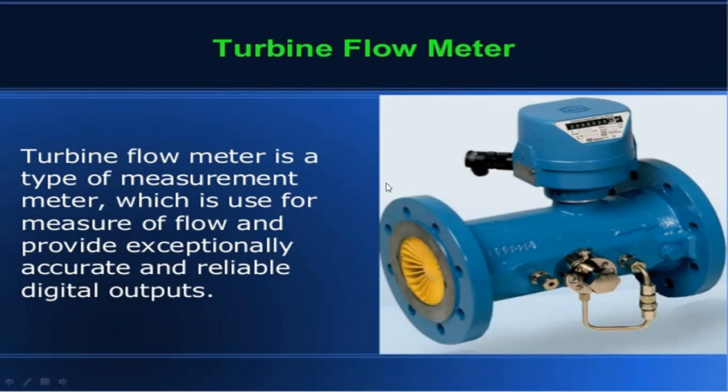So what is the main purpose of the turbine flow meter? In the turbine flow meter, we use a turbine to calculate the flow in different pipes. If the pipes are of different sizes, the flow should be calculated and controlled in those pipes. Because of this, we use the turbine flow meter to calculate how much flow rate is involved in the pipelines.